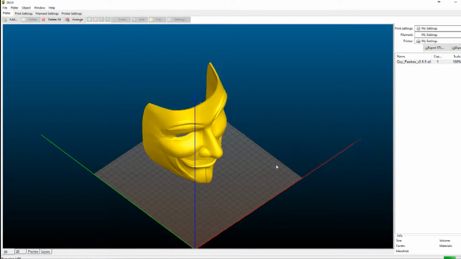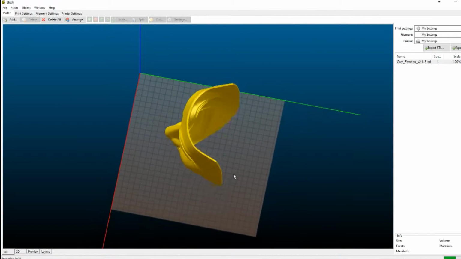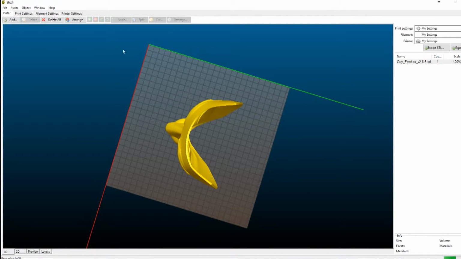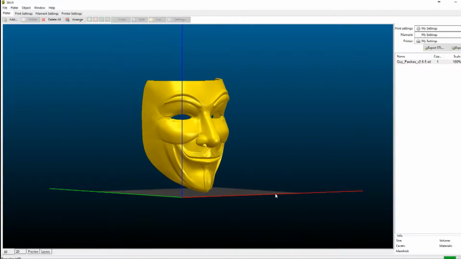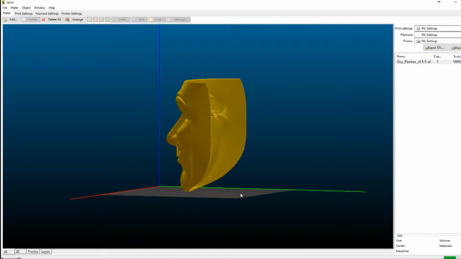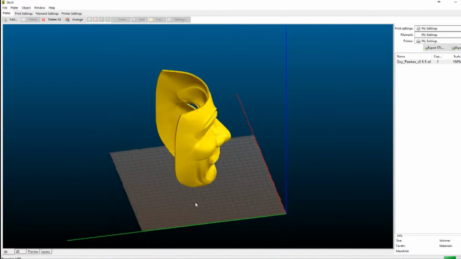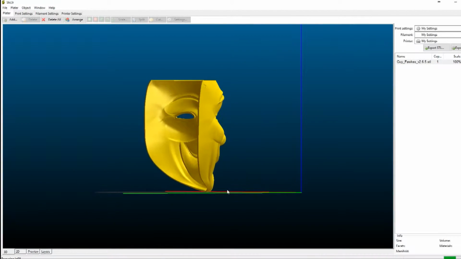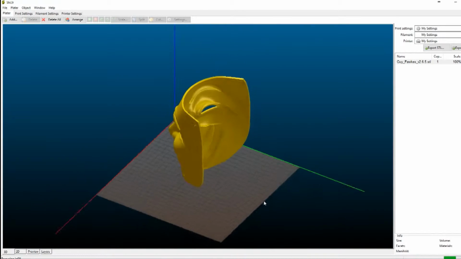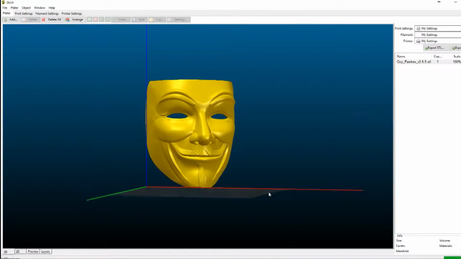So now that the model is on this bed, we can see that it fits nicely into my 10 by 10 square inch zone. But the issue here is that it would be very, very difficult to print, even with support material, or in other words, it would take a lot of support material to print this as is. So long as you don't mind having a seam or later going back and doing some post-processing, sanding and patching,